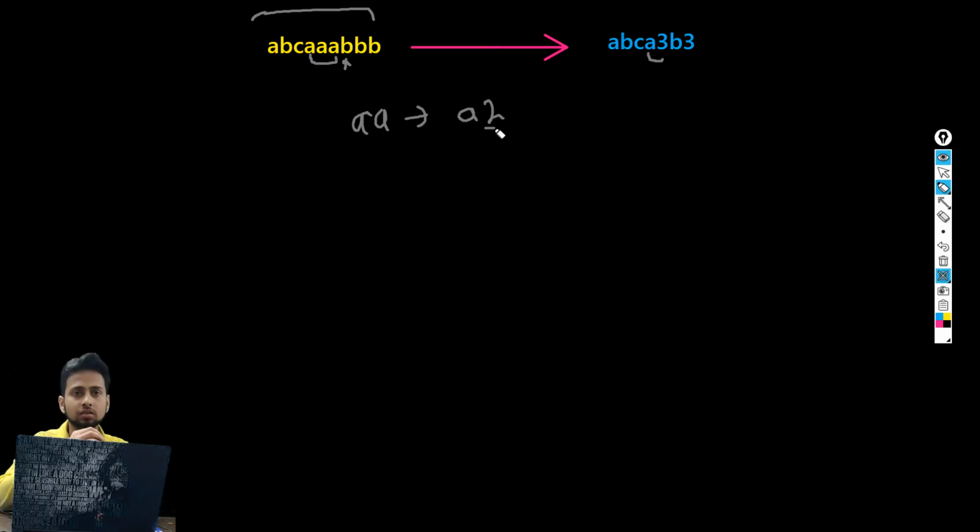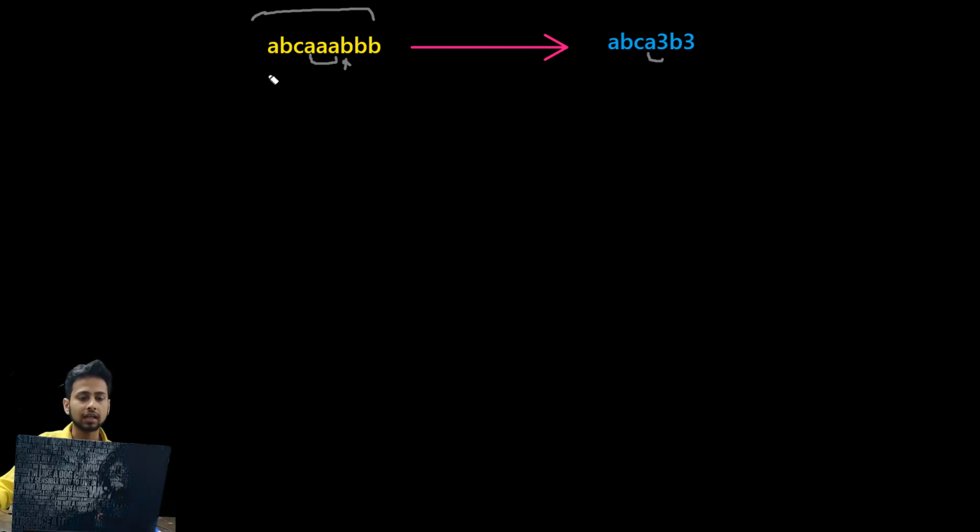So how can we solve this question? Well, the solution to this question is pretty simple. So let me show you what I mean. In this question, we can use two pointers. We can check if this first character is equal to, let's say, this second character b. If both are equal, then you have to count till how long they are equal.